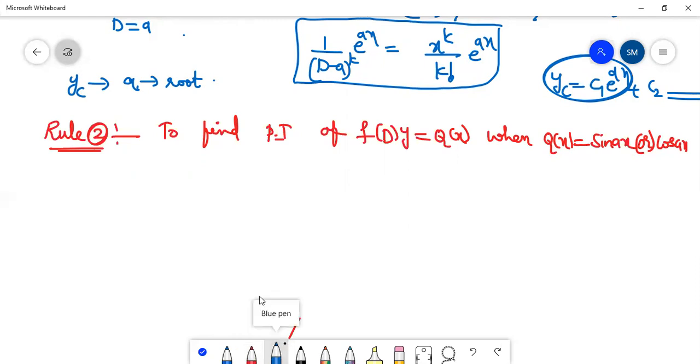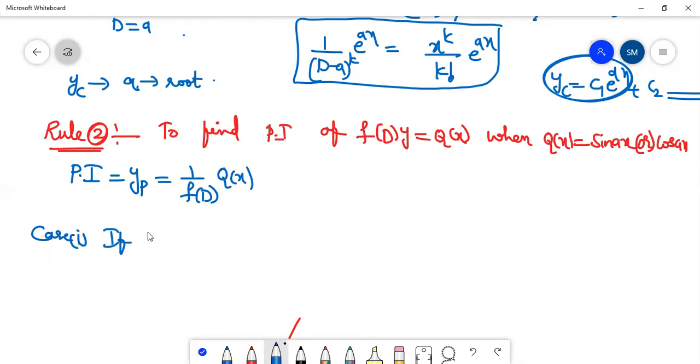In this rule also two cases are there. We know that the particular integral formula is yp equal to 1 by f of D into q of x. The case 1,